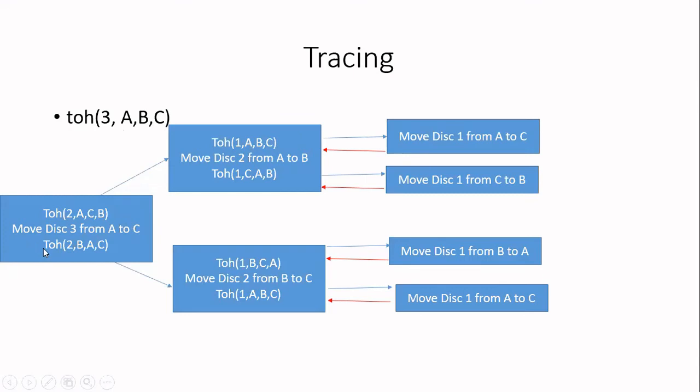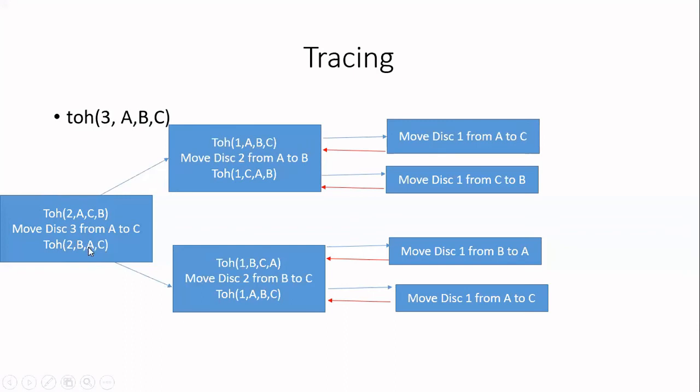Then what is the other step? One more step is pending. The third step is move n minus 1 disks from auxiliary to the destination. With respect to this only you have to see, because from here only you are calling this. So move n minus 1 disks. N is 3, so n minus 1 is 2. So write it. From where are you going to move to where? From auxiliary to destination. See here what is auxiliary. B is auxiliary. So you have to write that as the source, because the word is move n minus 1 from auxiliary to destination. So auxiliary will become the source now. That is, B will be the source. Destination is C. That will become the destination here, C.